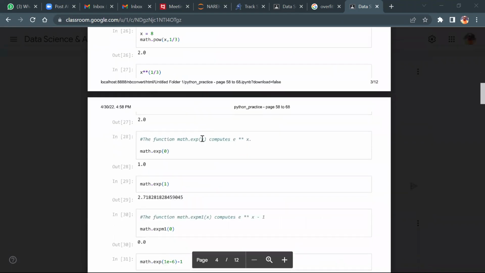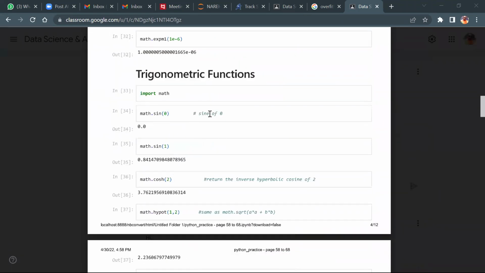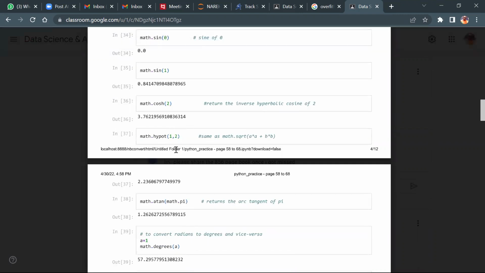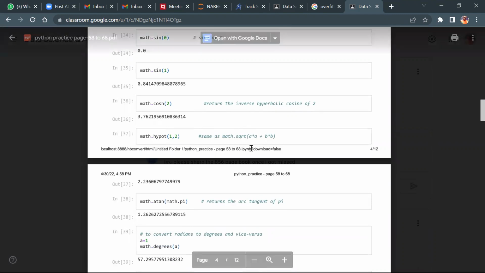Import math, math. Wonderful. Excellent. Wow, you got trigonometric functions as well. That's what I'm saying. The package is very important, isn't it, Sushma? We need to focus on this package, sine theta and then cos theta. So even though we don't want it, that's okay. But how exactly? Inverse hyperbolic cosine of 2. Excellent.